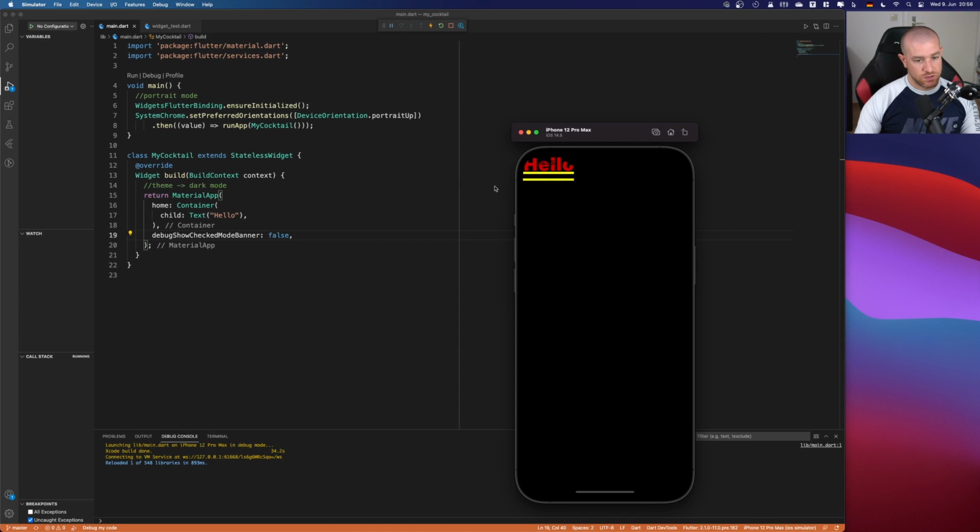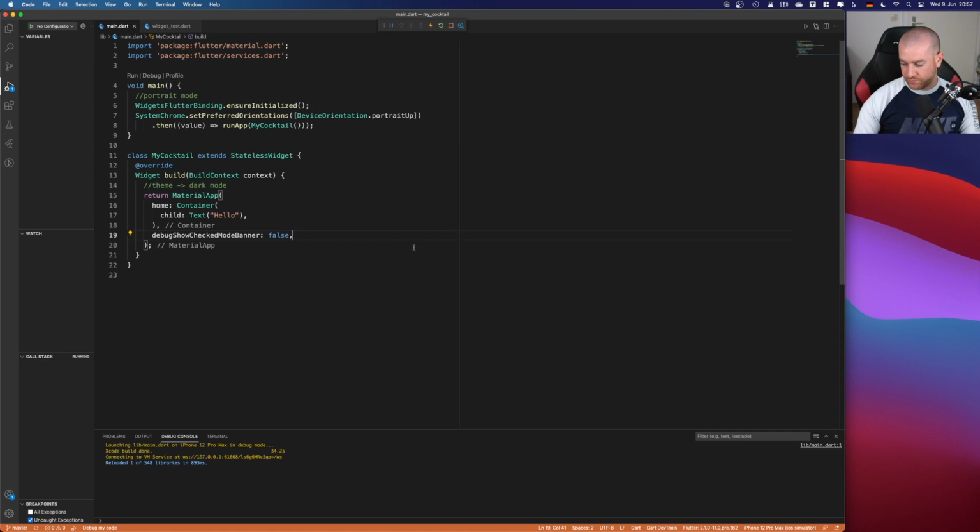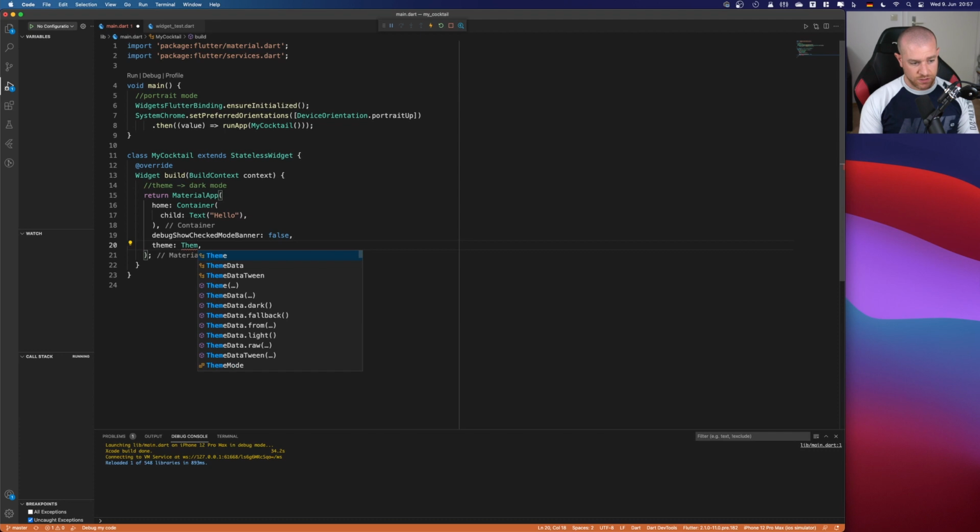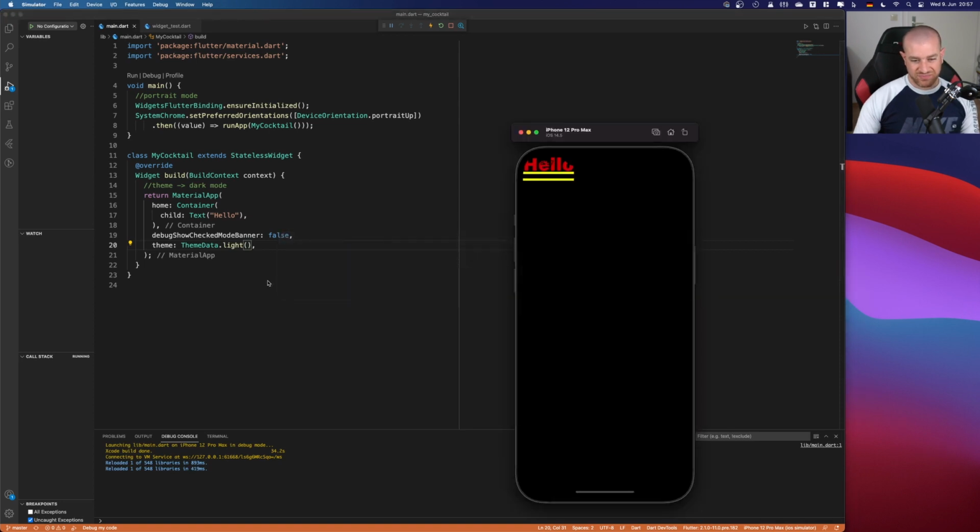Cool. So, yeah, it's ugly. But don't worry. We'll do everything step by step. Cool. So the next thing we need to do is the theme. So here should be something called theme, of course. And in there we call something called ThemeData dot, and you see there's different types. So you have dark and you have light. So if we say light and we press save,